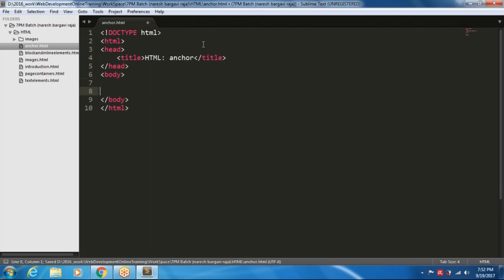Anchor script src is equal to, okay. Sorry, I'm writing JavaScript here. Right. Anyway, so